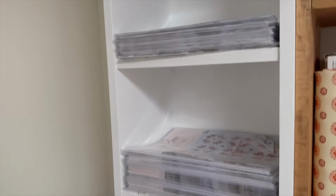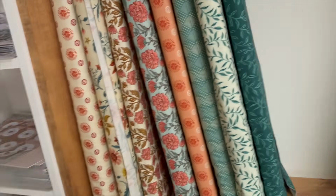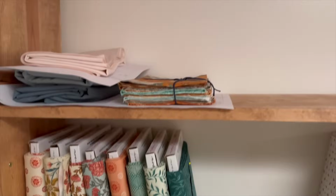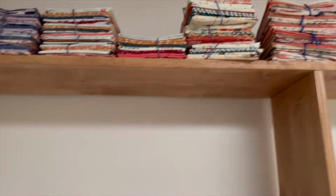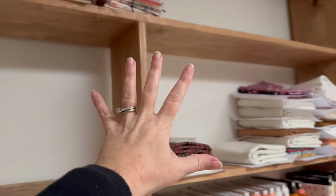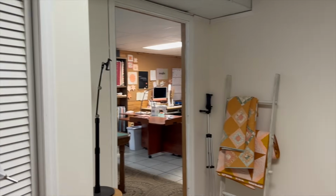More patterns, and then just fabric. These up here, I'm pretty sure these are bundles that are for sale in the shop, and then this row is for pre-orders. So we've got most of those out, so there's not that many right now, but there's a few. All right, so turning around this way,